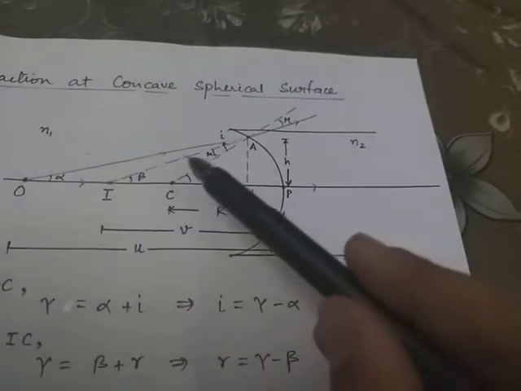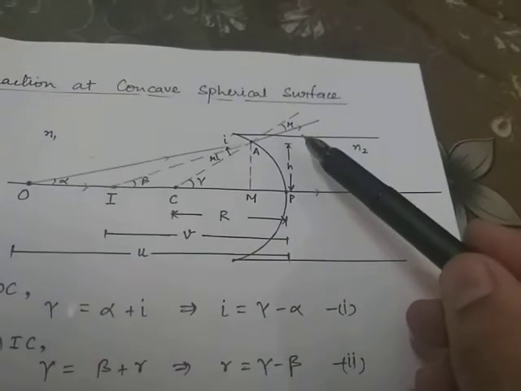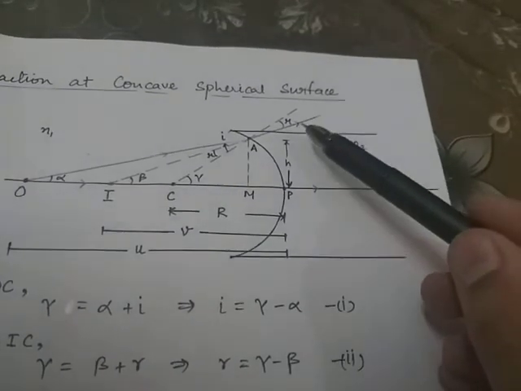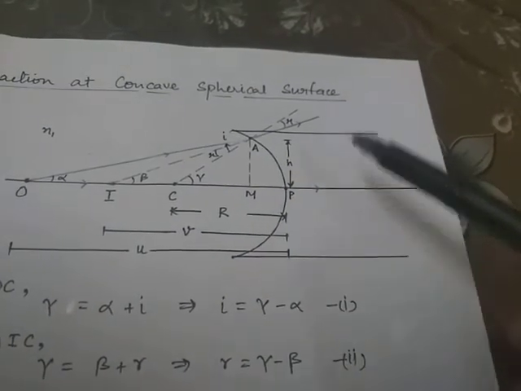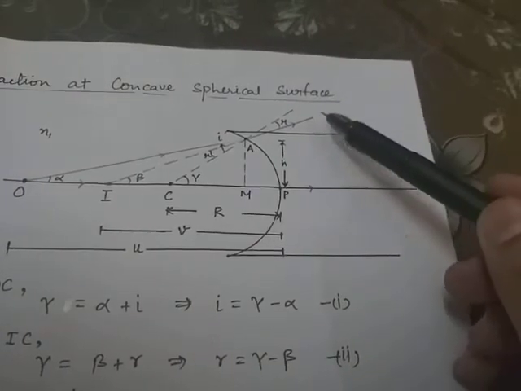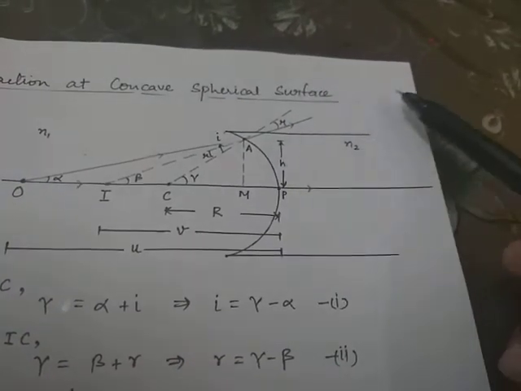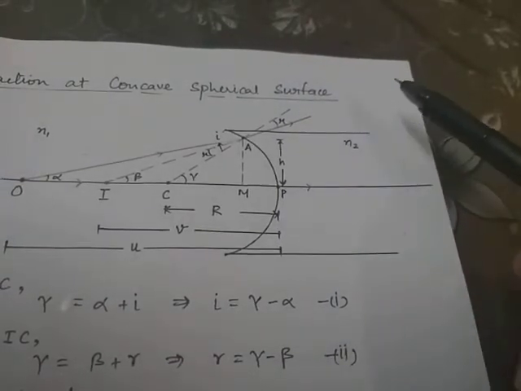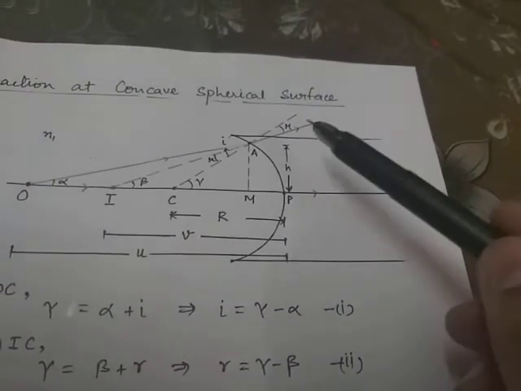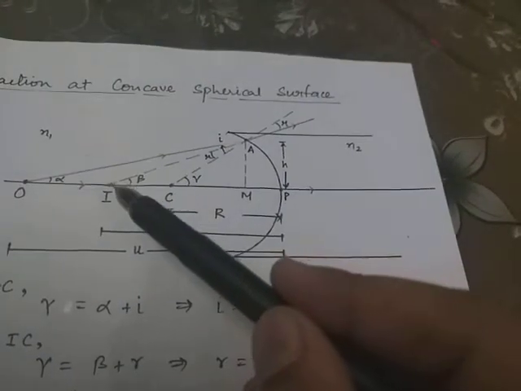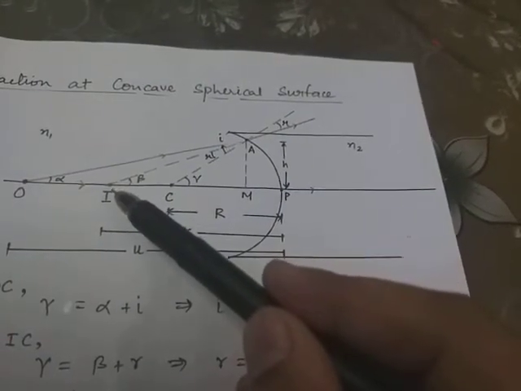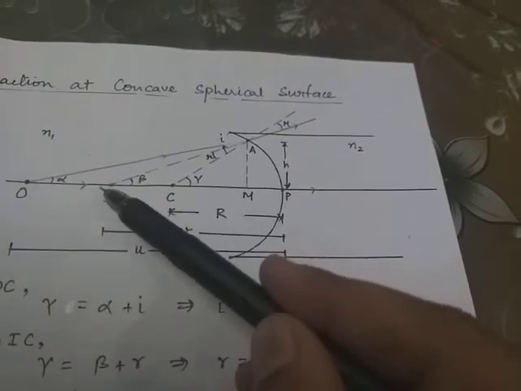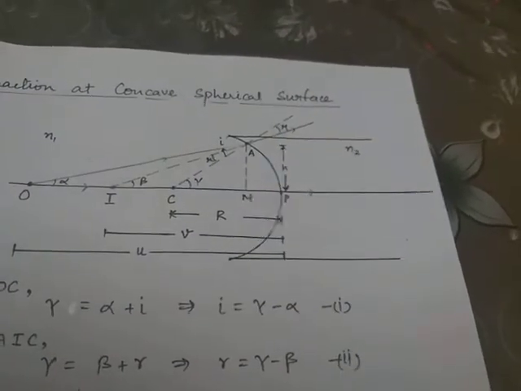So this is the actual direction of the light ray. It bends somewhat towards the normal. So this will be the new direction of the light ray. We have two light rays, this one and that one, and they are moving away from each other. So definitely they will not meet in the forward direction. In reverse direction, it seems that they are meeting at this point I. So the image of this point object O is actually forming at this point I.